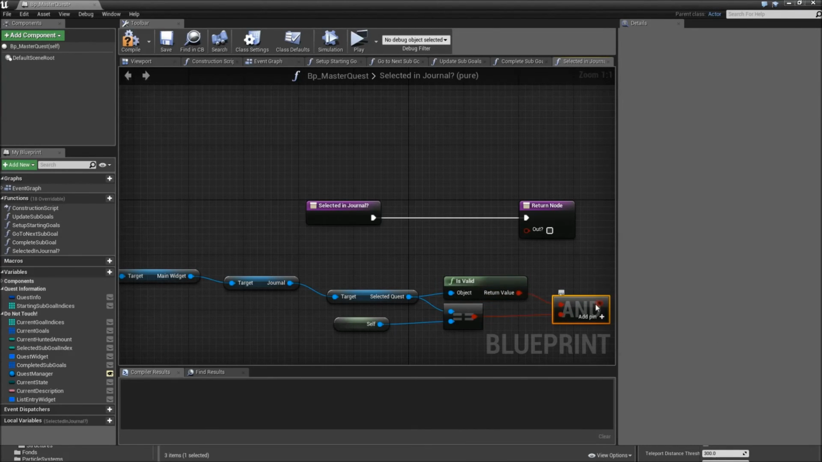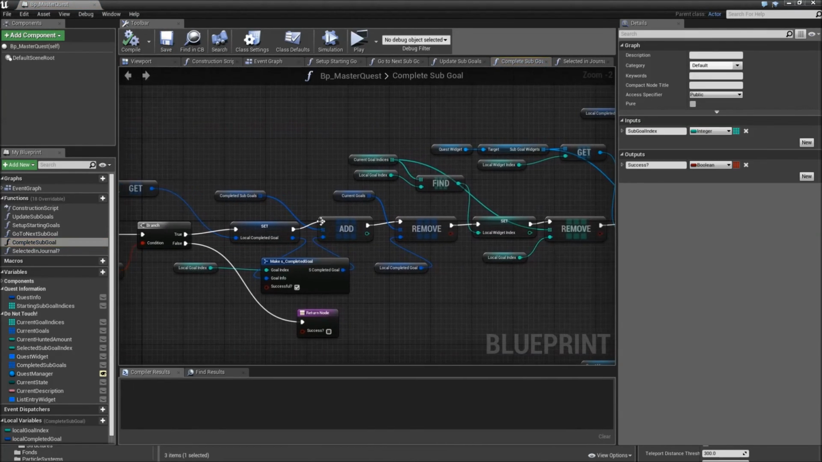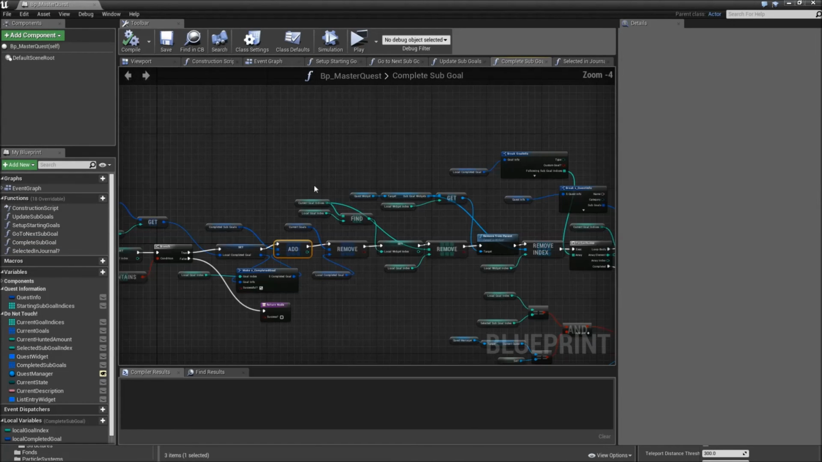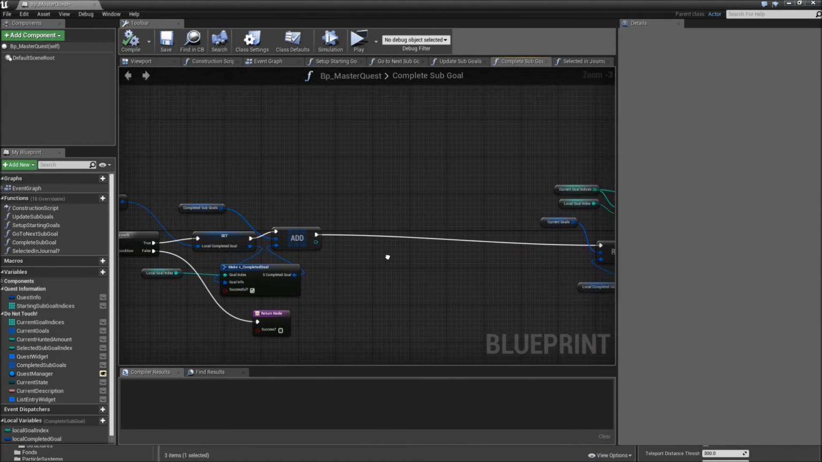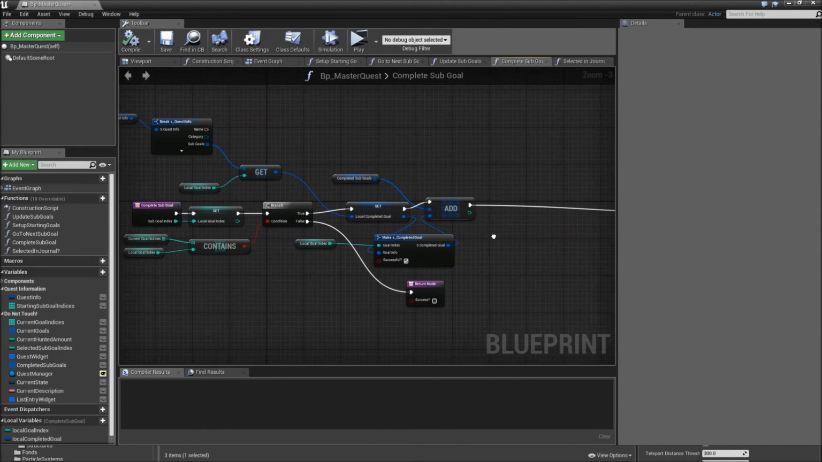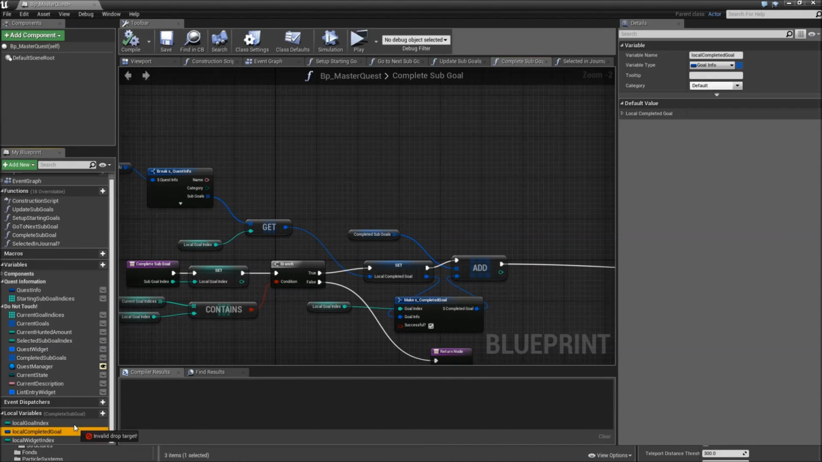Then connect the end to the out. Compile and save. Let's go to our complete subgoal function. Right here, when we add the completed subgoal, we will add some space because we did not update our current description yet. So what we'll have to do is to drag in our local completed goal, break that up here,